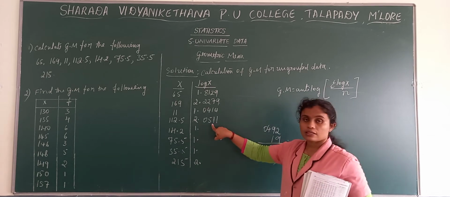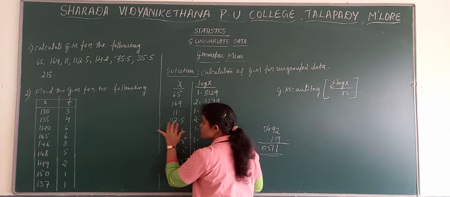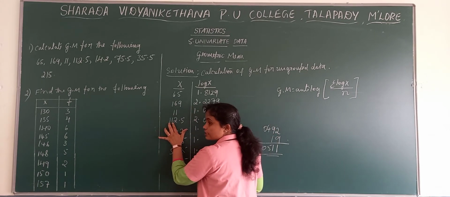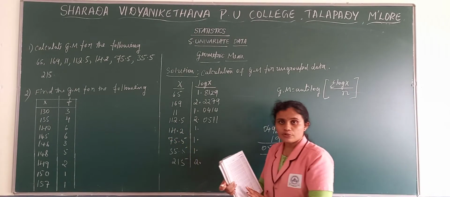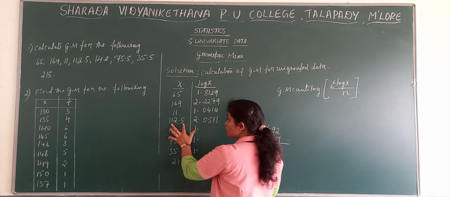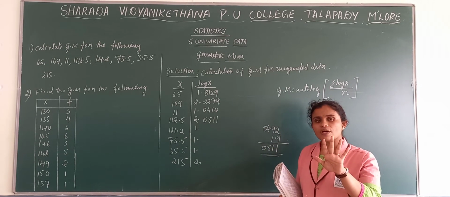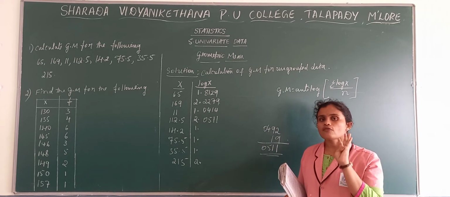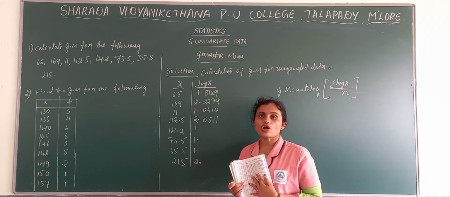This is the log. I hope you are clear. When we get 4 digits, the first 2 digits give the row, the 11th one. The second one, the column you need to see. And this fourth digit means the mean differentiation. If you get a 5 digit number, you are considering only 4 digits for the purpose of taking log. You can see only 4 digits in case of log.